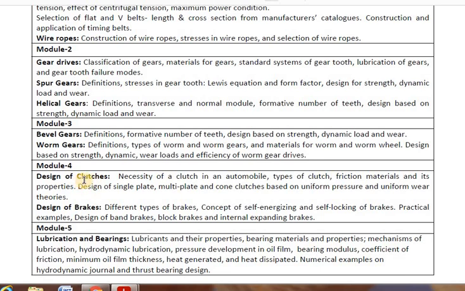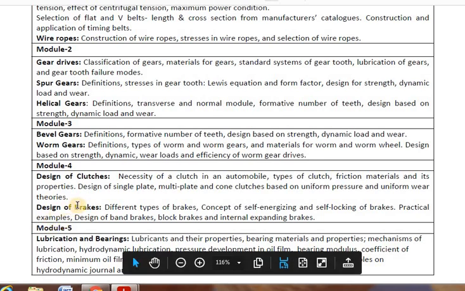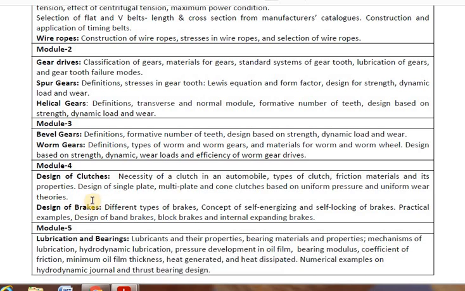Similarly, that can also be used in the earlier old type of machine tools, lathe machine, drilling machine, like that. Nowadays you don't find clutches in the machines. Brakes you have also seen in vehicles, brakes are used to stop the motion of the vehicle. Similar things are also found in machine tools.